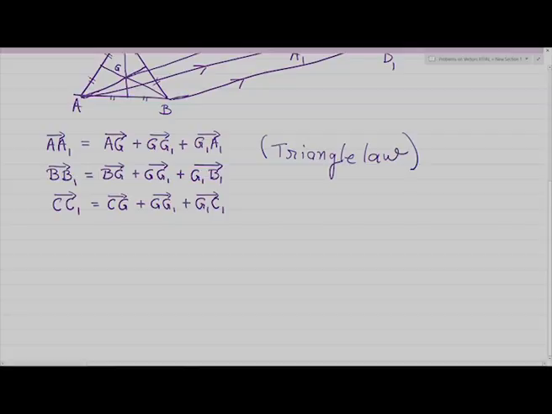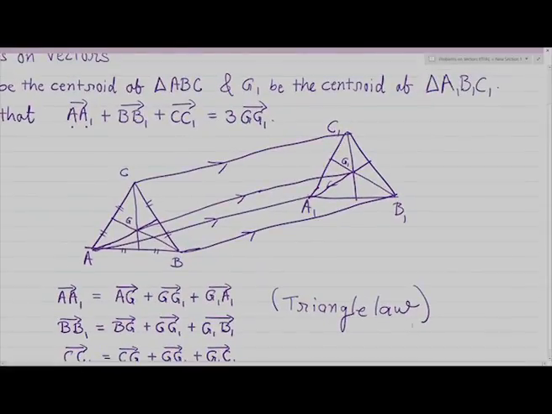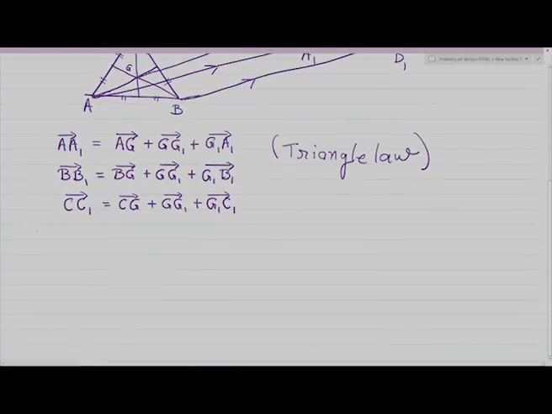Right. So, now if I sum all these three equations, I will get the left hand side. What is my left hand side? It is this. So, vector A1 plus vector B1 plus vector C1 is equal to vector AG plus G1A1